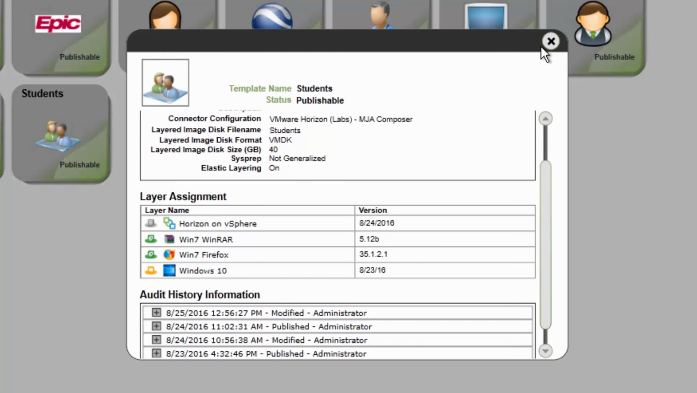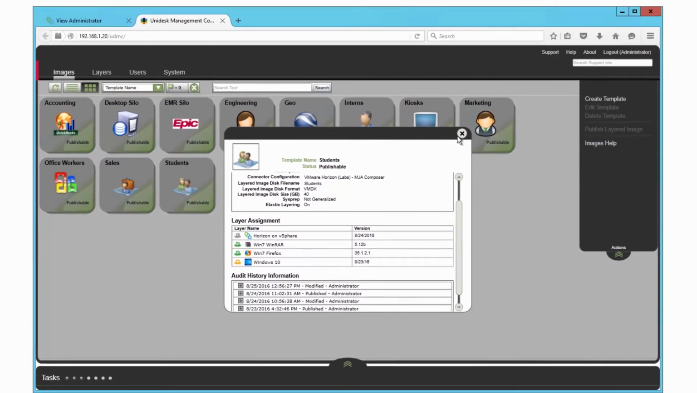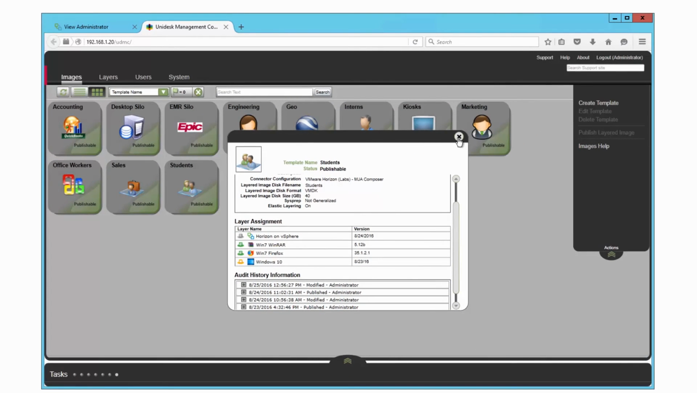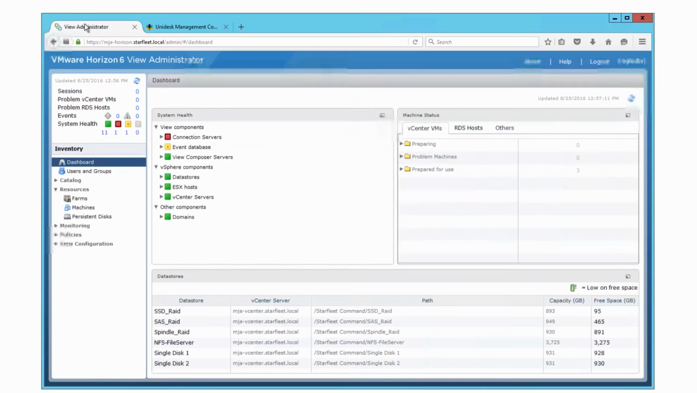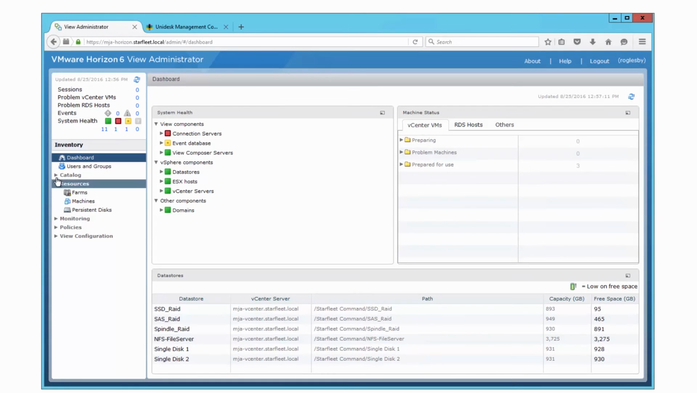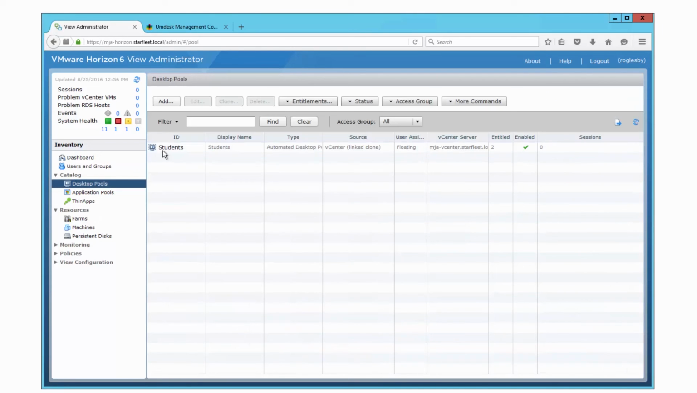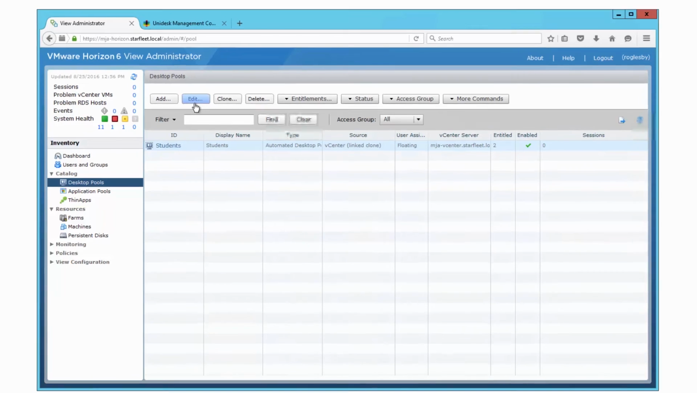But these application layers and other layers are interchangeable with other templates, meaning no matter how many different configurations of Windows 10 desktops I have, I would only have one copy of Windows 10 to patch, or Office, or antivirus. And all of this integrates with VMware View, and on the back end, in the catalogs, we can actually take a look at the desktops for that student configuration. If we edit it,